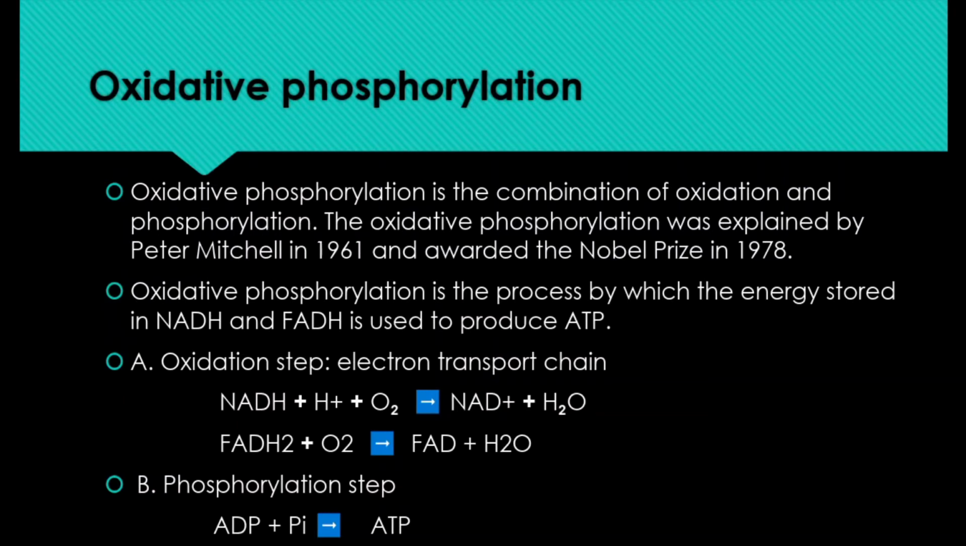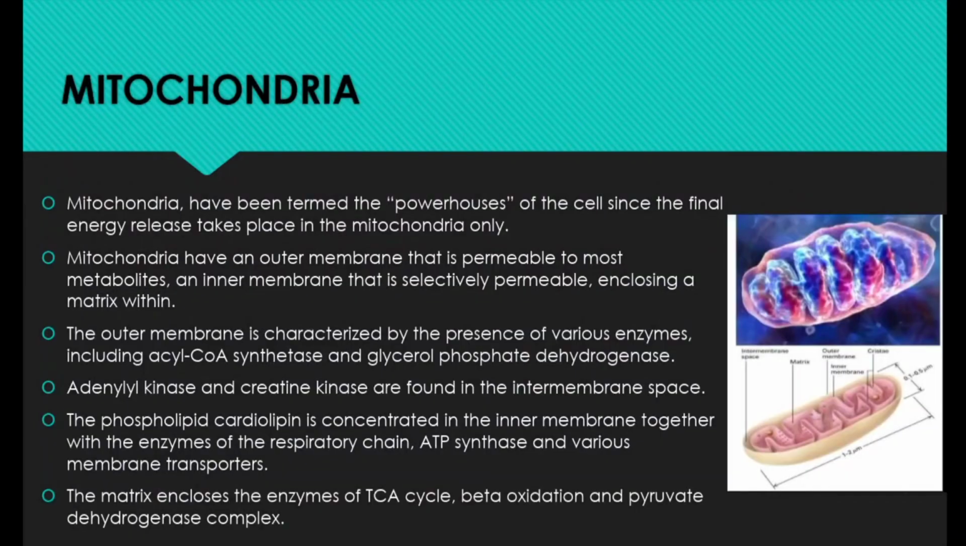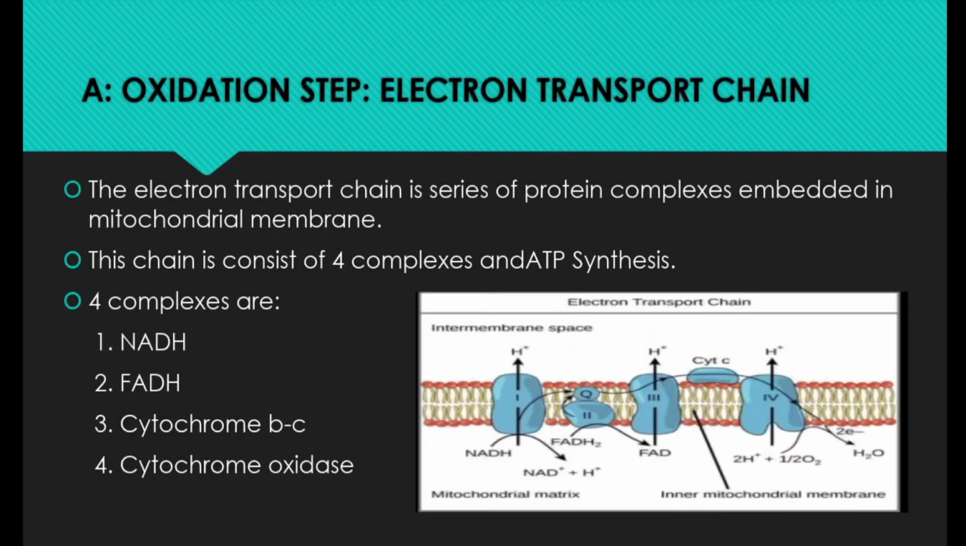The oxidation step contains the electron transport chain, and phosphorylation is the production of ATP. Mitochondria have been termed the powerhouse of cells since the final energy release takes place in the mitochondria only. Mitochondria have an outer membrane that is permeable to most metabolites and an inner membrane that is selectively permeable, enclosing a matrix within it. The oxidative step consists of the electron transport chain, a series of protein complexes embedded